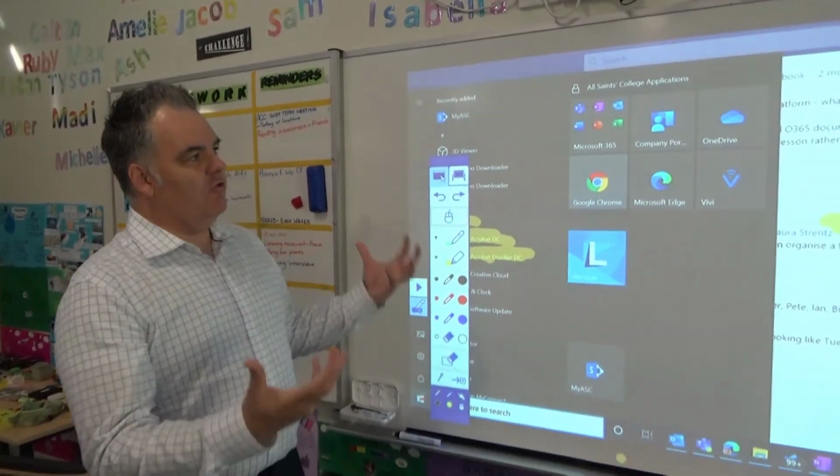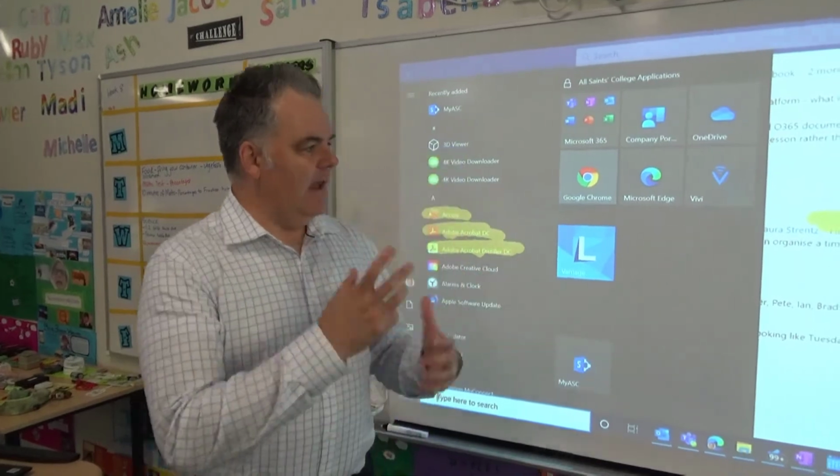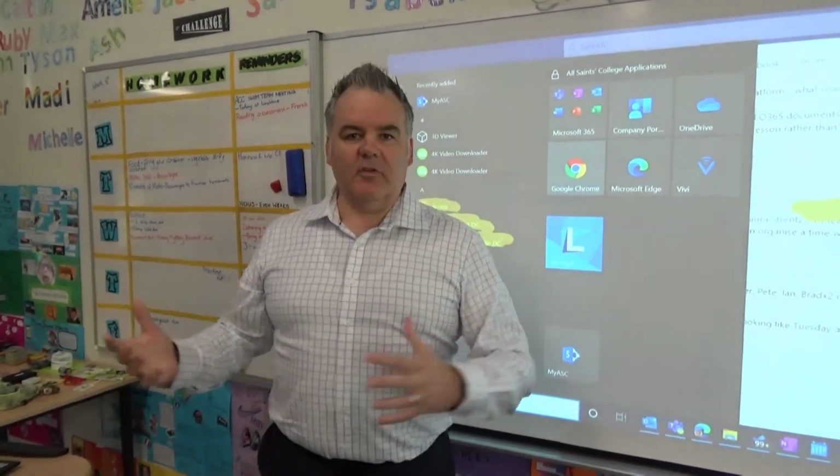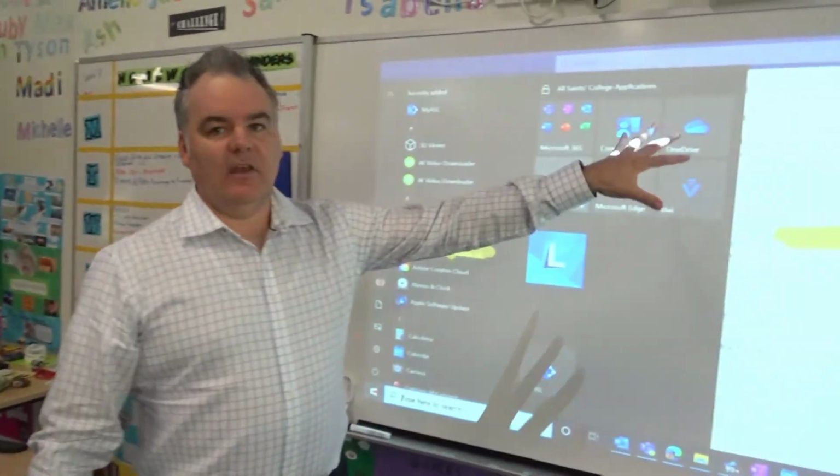nice options to be able to use your projector and use your pens and interact with the screen. Notice my laptop does not have to be anywhere near me. It can be at the back of the room. Wherever I want, I can use it exactly as I want to here from